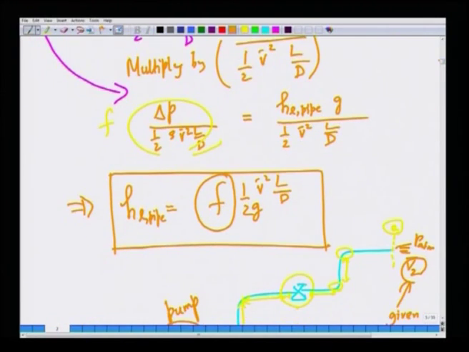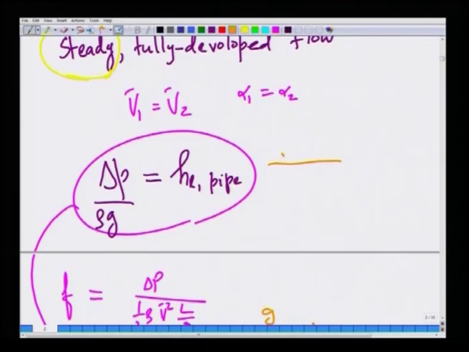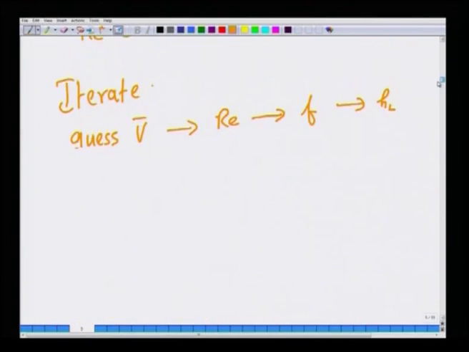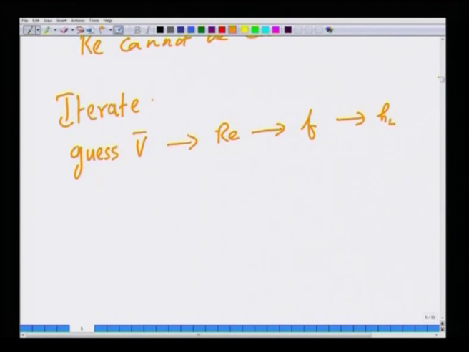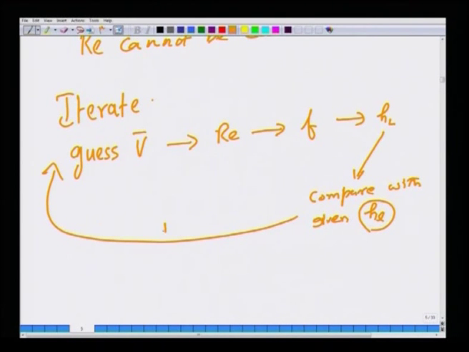We are now restricting ourselves to only straight sections; we can add on minor losses a little later. So, you obtain a head loss and compare with the given head loss. Once you know delta P, you can actually calculate the head loss. If they do not agree, again refine your guess for V and repeat. If it agrees, then